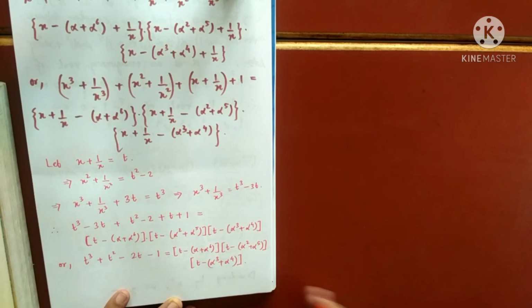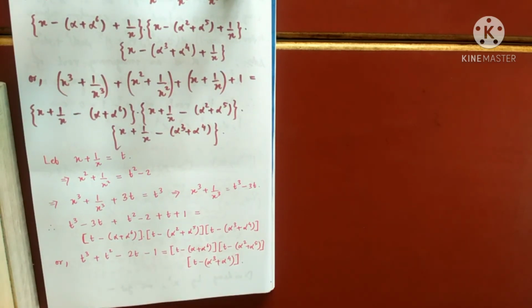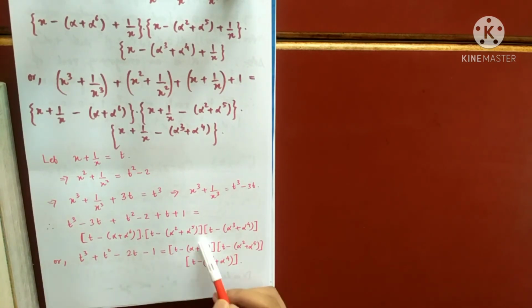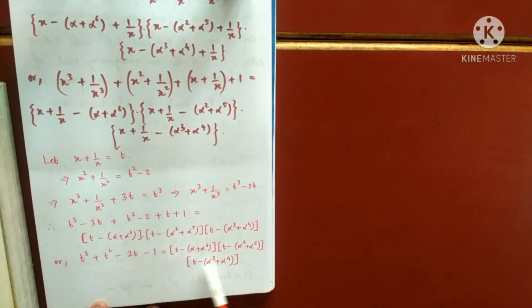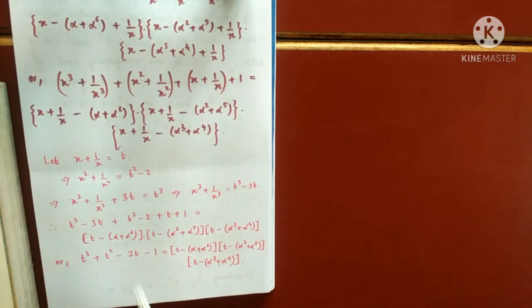And this is a very interesting line. You see how? Where have we reached? This polynomial can be expressed as t minus this, t minus this, t minus this. This means this, this, and this are the roots of this polynomial. Suppose this is t minus 1, t minus 2, t minus 3. This means that 1, 2, 3 are the roots of this polynomial. That means these are the roots of this polynomial, because this polynomial can be factored like this.